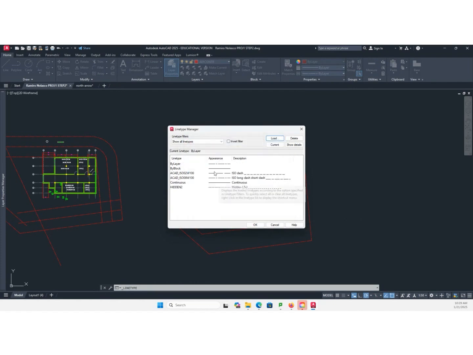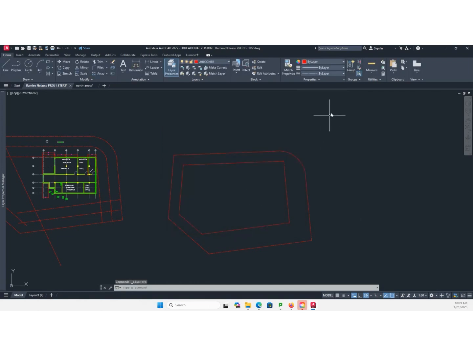Click OK. Select ISO dash and click OK. So this should be ISO dash. Sorry. Select this and change that to ISO dash. It still belongs to the same layer. It's just that the line type is now dash line.